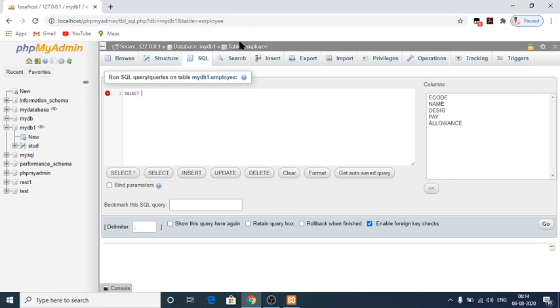So now let me execute the all keyword. Select all, and which field I want to execute: DESIG from table name, here employee. Execute this one.